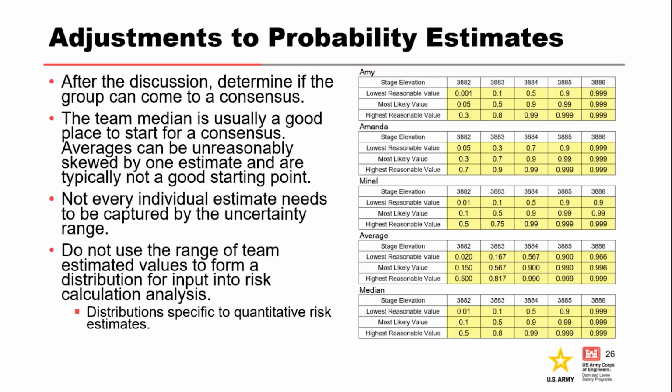One thing we did not recommend doing is to take the range of numbers that the team elicited, taking the lowest low and making that the low, and the highest high and making that the high, right? That can lead to some unnecessary uncertainty or skew to the values that end up getting used in your actual risk assessment calculations. So generally not recommended to do that.